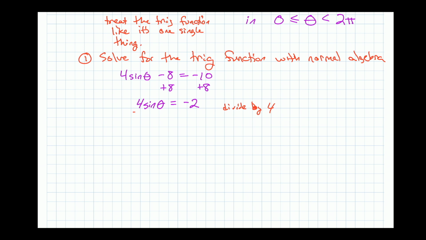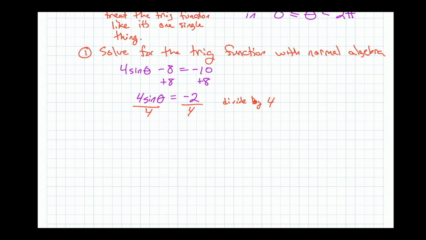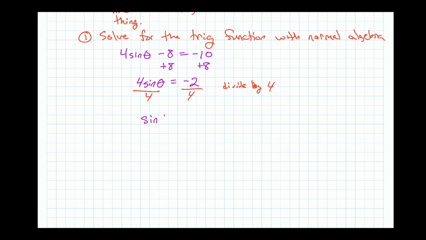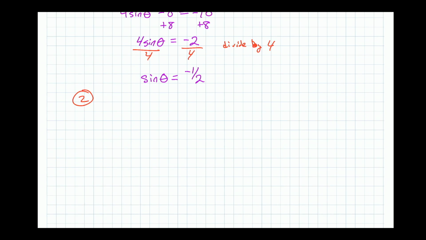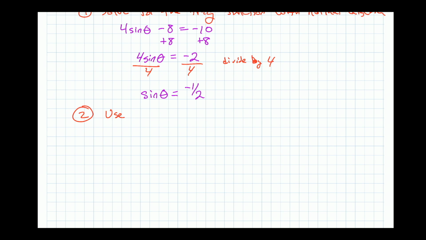Divide by 4, so over 4 over 4. So we get sine theta is negative 2 over 4, which is negative 1/2, like this. That's what you're trying to do. Then you're going to take that result, sine theta equals negative 1/2, and you're going to use the unit circle